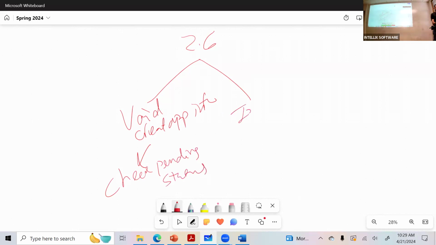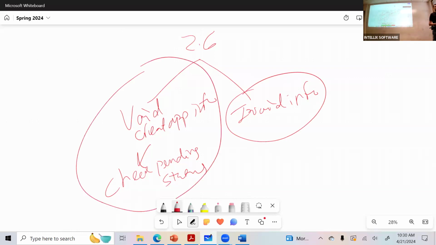Now, if you supply invalid info, then you shouldn't be able to even submit a credit application, right? So would you be able to even run this scenario? If you can't submit a credit application, then you shouldn't be validating anything, right? So there is nothing else. It's only one scenario here. This scenario is not even applicable, because you can't even submit the credit application, so what are you validating? So this is a very straightforward requirement. You try to submit a credit application, check if the status is pending, and you are done.